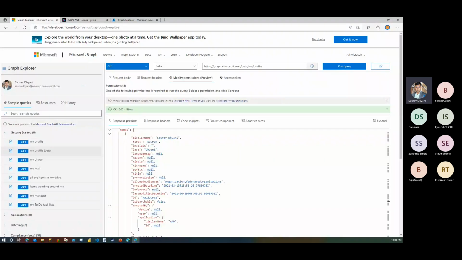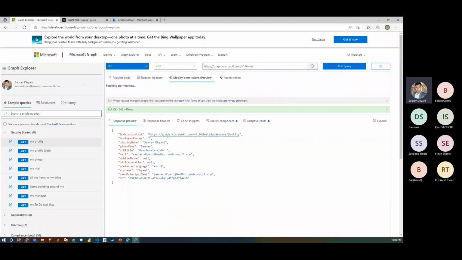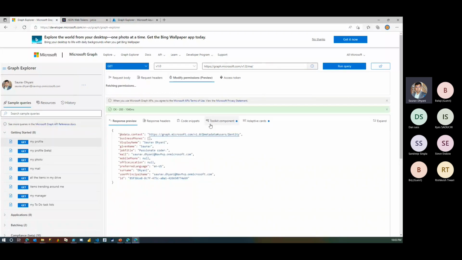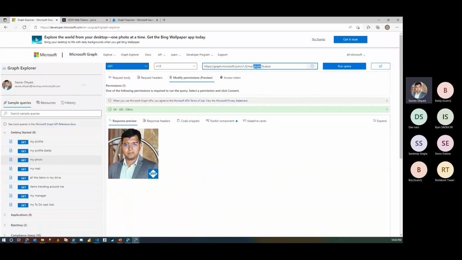So there is an example here. When you see your profile, it shows you some of the data. There might be more. Keep an eye on this part. This URL is me. If I click on my photo, this uses one of the query parameters, which is the particular value that I need. So when I do a me, there are different parameters. If I want to, let's say, fetch the surname, and I just need the value, I can replace this with the surname, and I'll just get the value